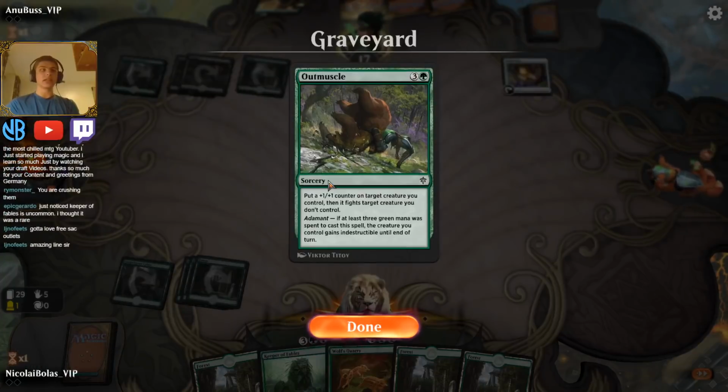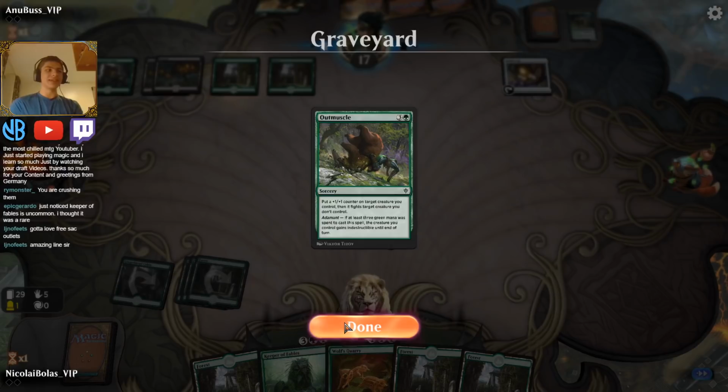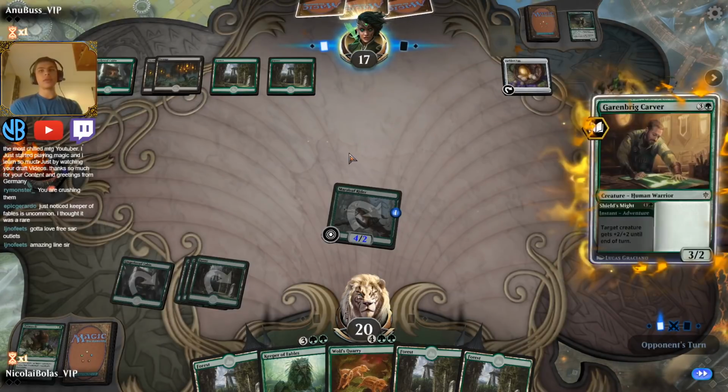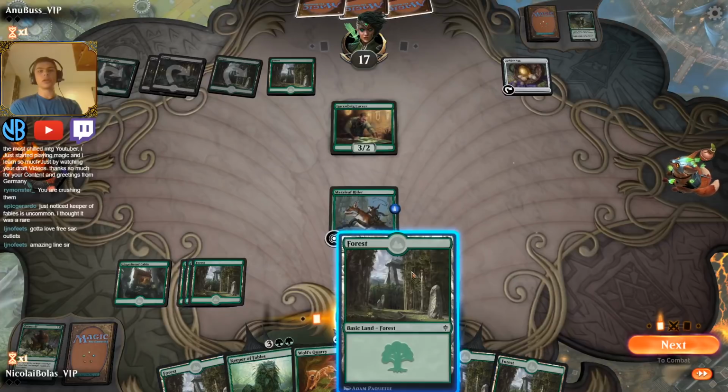That's why I cast this instead, because there's not a 2-mana... Thank you, Jeno Feats. I appreciate it. Yeah, it's an uncommon. It's unbelievable. Basically, they can't have a kill spell for that mana. But they can have a super obnoxious...